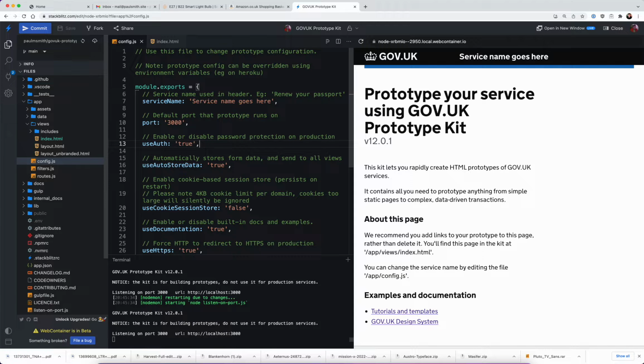So here you can see I've got a config.js file. This is what's used by the GOV.UK Prototype Kit Node and Express server. It gives me the option to set a service name, which you can see here. So service name goes here. If I change this string of text to something like